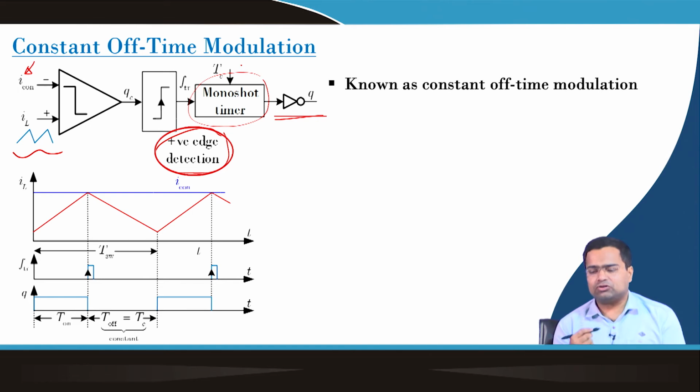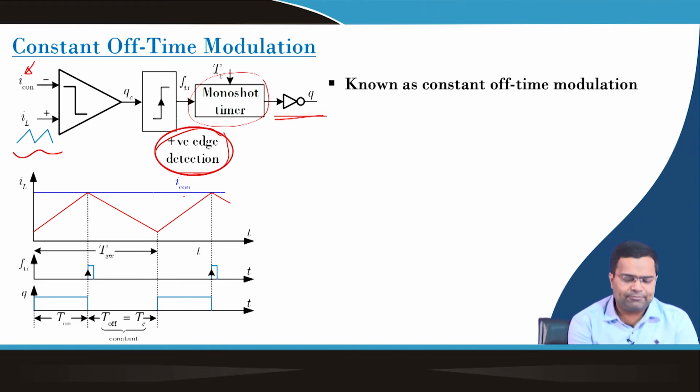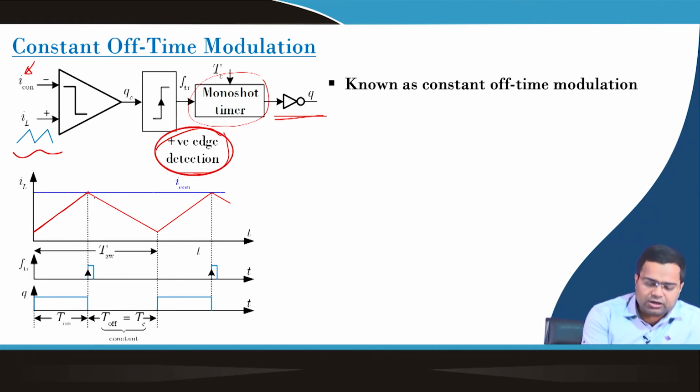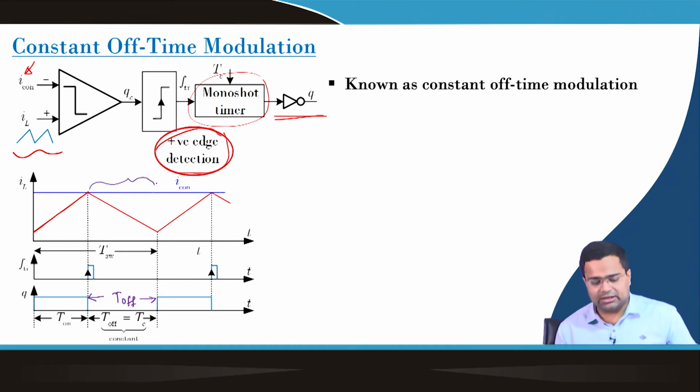So, this is known as constant off time modulation, and the waveforms are shown here. When the inductor current reaches this peak current, then the switch is turned off, and the switch turns off for the duration of the fixed off time. This is my fixed off time, and after this off time has elapsed, the switch turns on again. That means the monoshot timer is activated during this particular interval, and the switch turns on again and